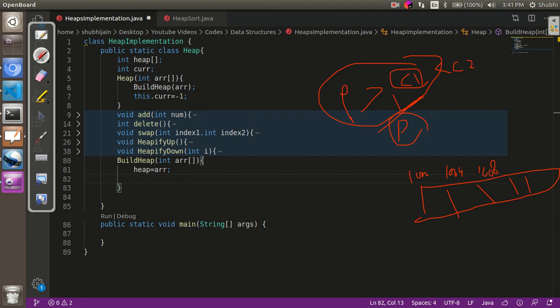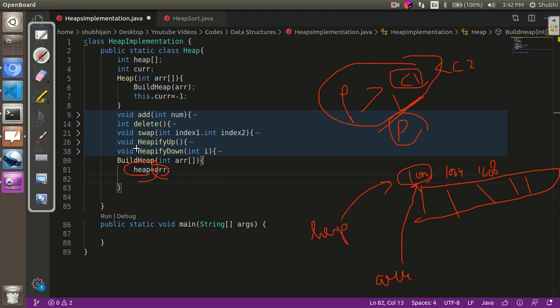So this is how an array is stored, and this arr is simply a variable which is pointing to this 1000 address. So when I do heap equals array, my heap variable is also going to point to the address where my array is pointing to. So now heap will be pointing to this only.